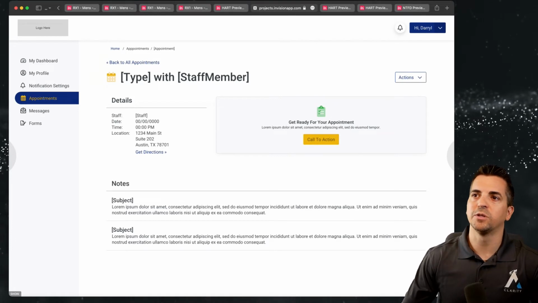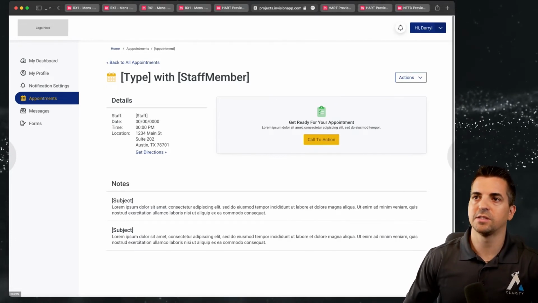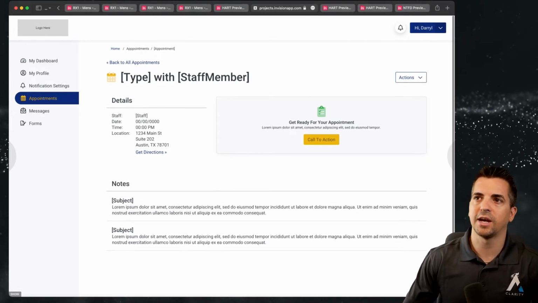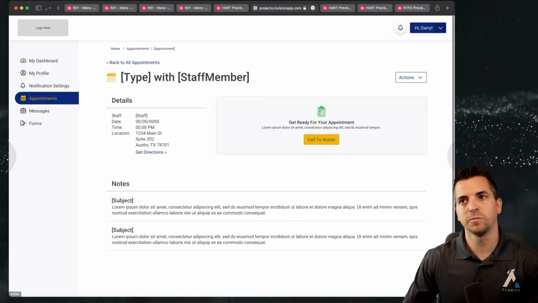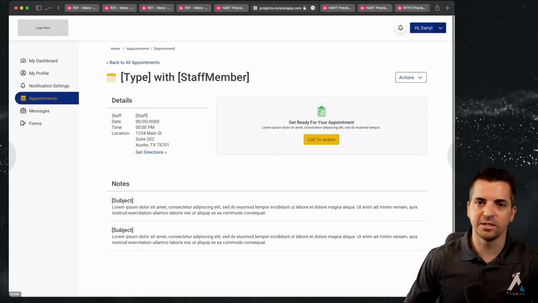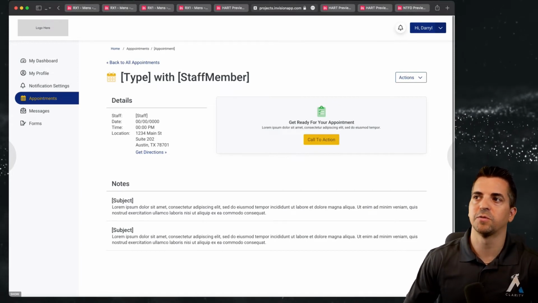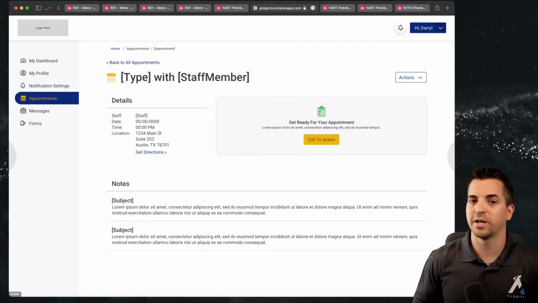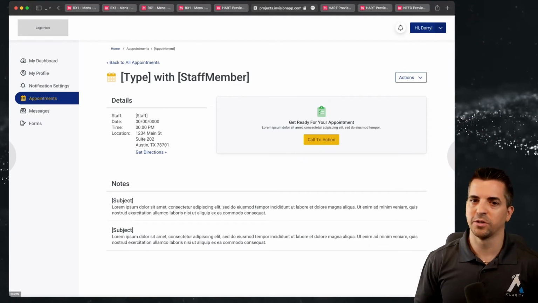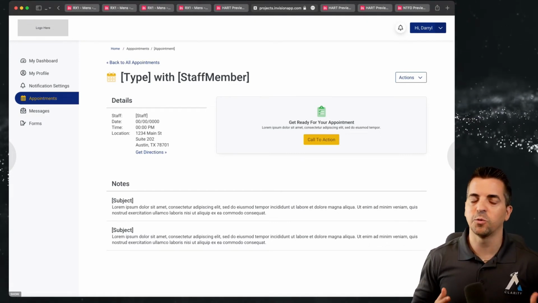Now, that's kind of what you'll see here. So this is saying it's this meeting type or this appointment type with this staff member. Here are all the details. We're going to provide them with the notes, and then we're also going to provide them with steps to get ready for the appointment. And this truly is one of the most important aspects of these appointments,